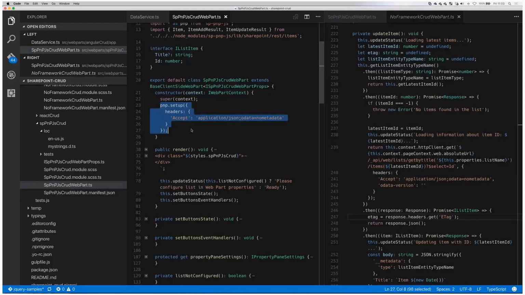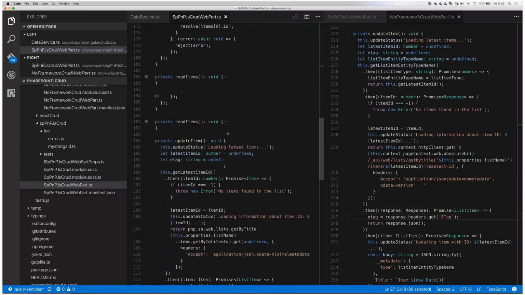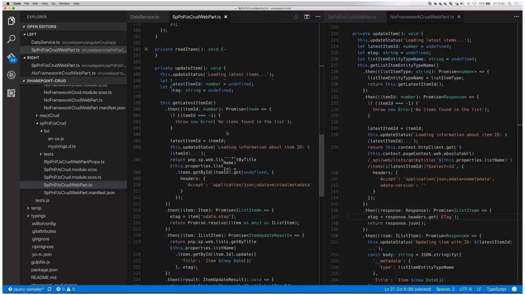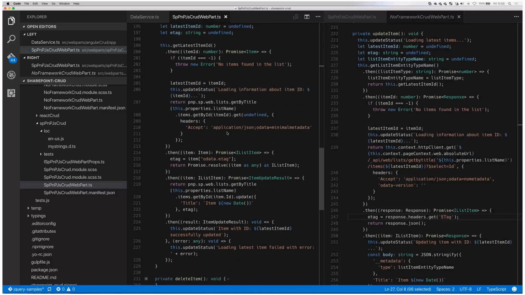So all of that will be added to every single call you make, so that you don't have to do it every single time over and over again, which simplifies building your code and makes it more consistent, right? So that's another thing that you get, and based on that we can get the E tag that we then pass